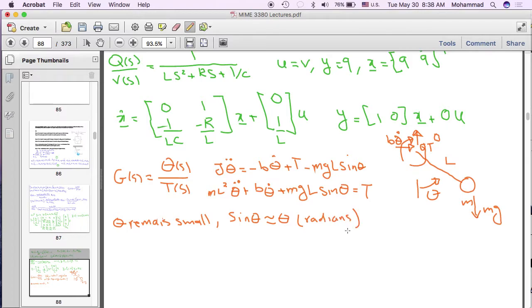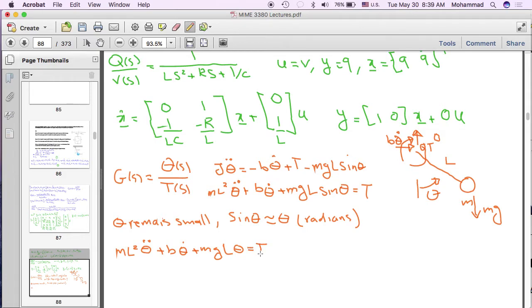So if the unit of theta is radians, sine theta and theta are almost equal if we stay close to theta equals 0. So we can take advantage of this approximation and write our differential equation as mL squared theta double dot plus B theta dot plus mgL, this time theta instead of sine theta,